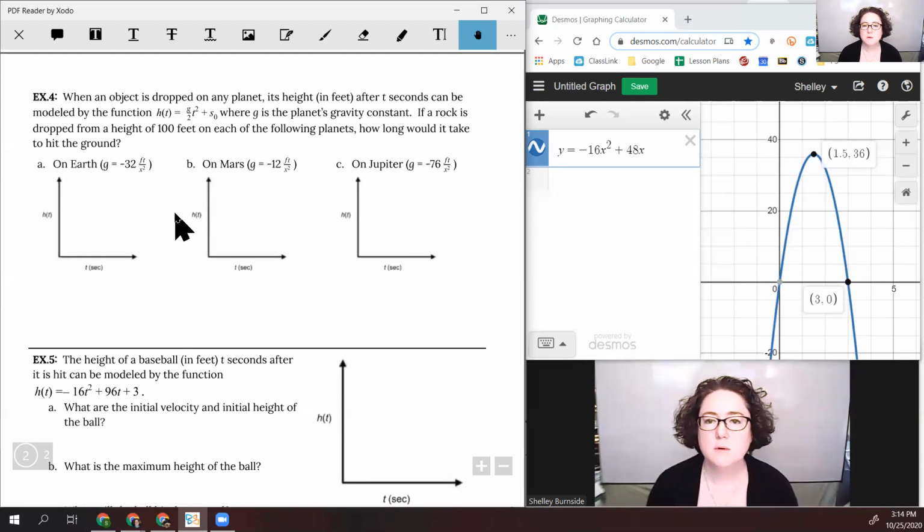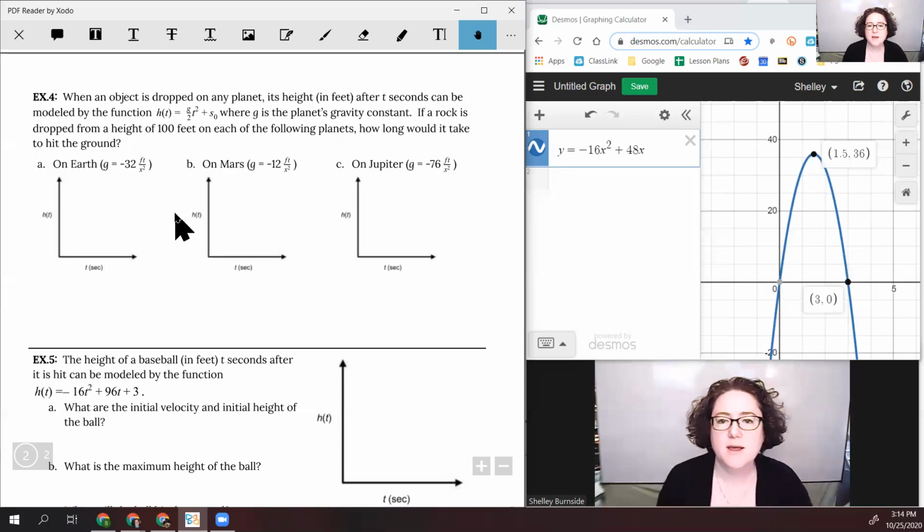So why do we have these different values? Gravity is actually different on all these planets. So the scenario that we're going to use is exactly the same. If we drop an object from 100 feet, how long does it take to hit the ground? So for each one of these, we're going to want to write a new equation. And so basically, if we're given our constant due to gravity, don't forget we're doing half of that in front